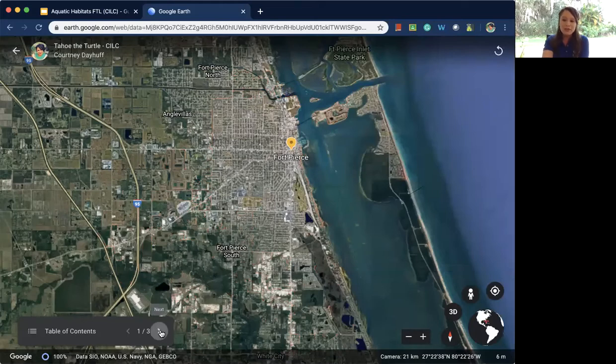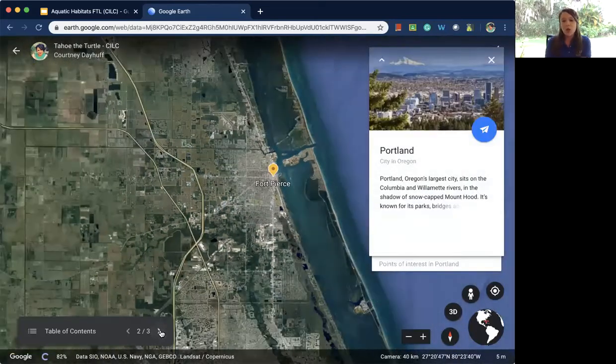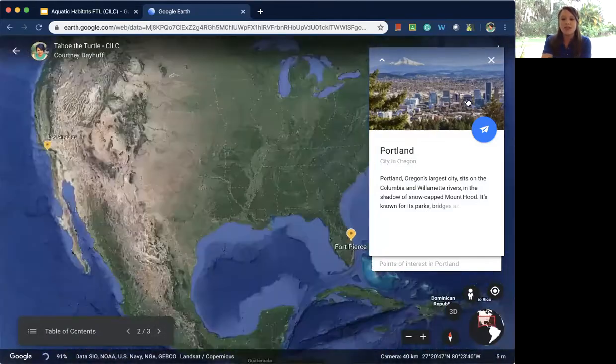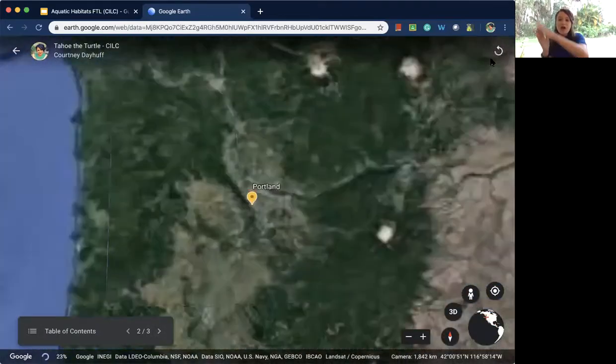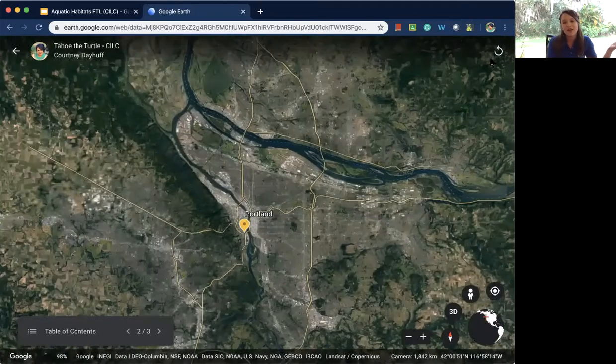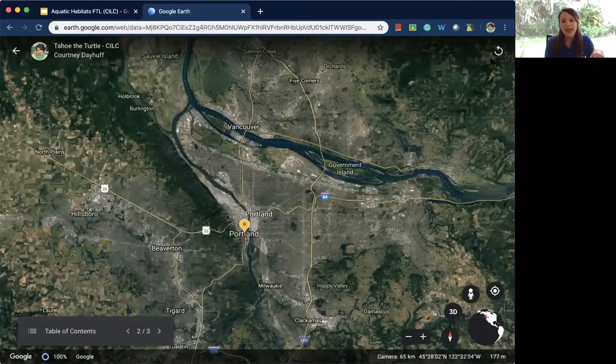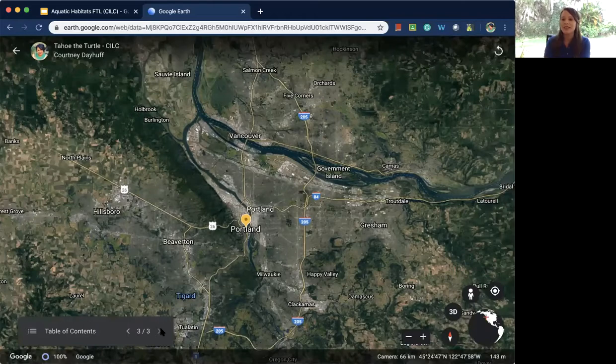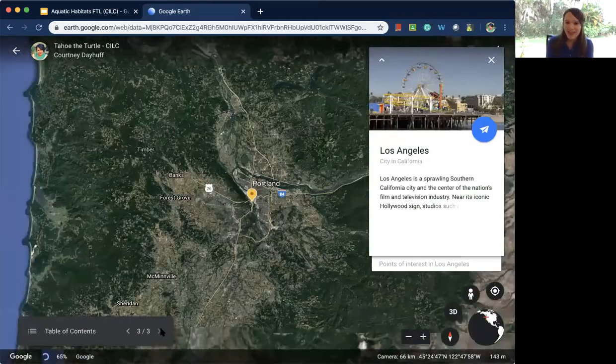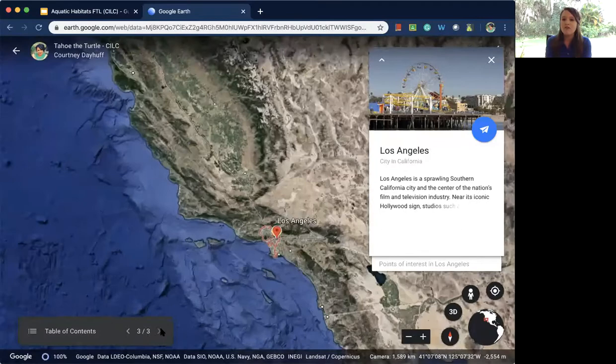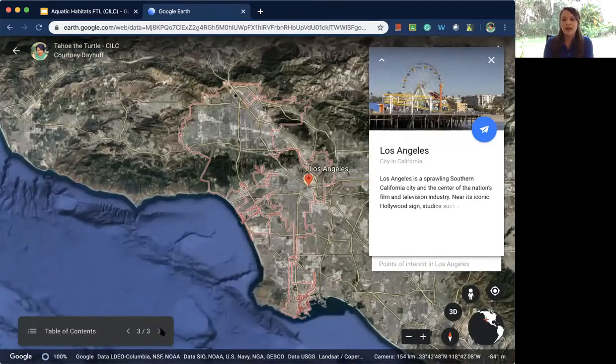Now today we're going to be meeting some of my favorite teacher friends. One is located in Portland, Oregon. Now that's all the way across the United States on the West Coast. And it's a beautiful place. It's very green as well, but very different from Florida, and lots of mountains and rivers. It's a very special place. And the other place we're going to visit is Los Angeles, California. And that is south of Portland and just north of Mexico. And we're going to visit there as well.